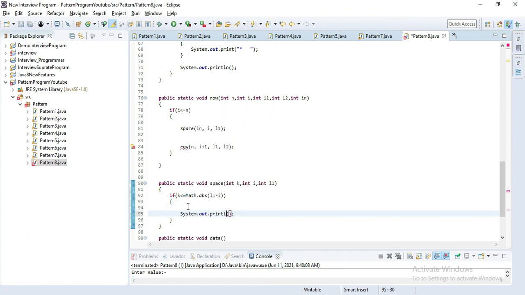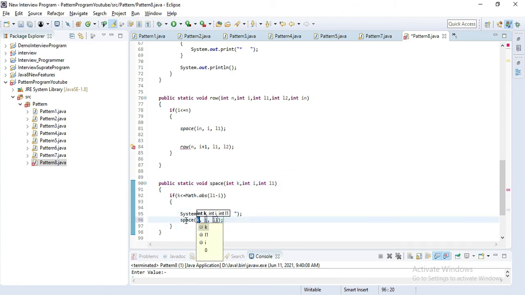System.out.println, we have to print a space here, then this method calls itself. Okay, let's copy this space and add it here with control V and control space, and this k should be incremented, k plus 1. Let's save this. Now this method is also complete.